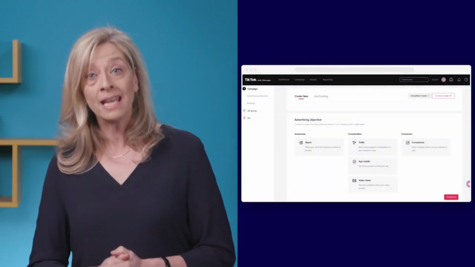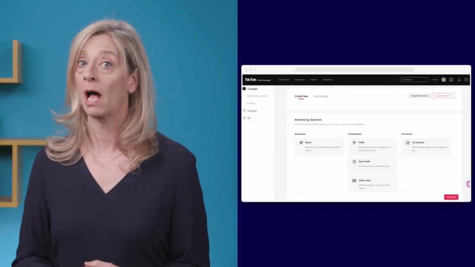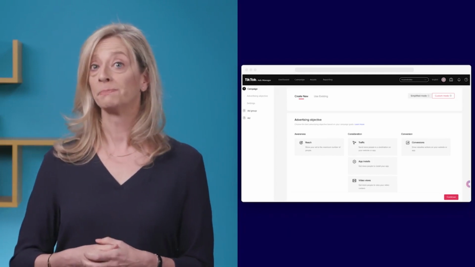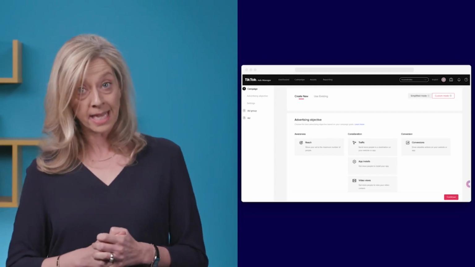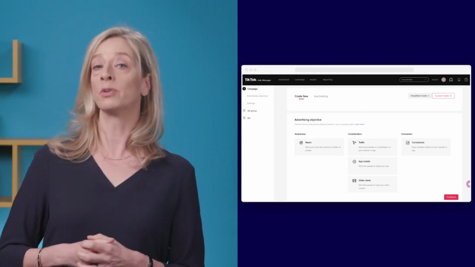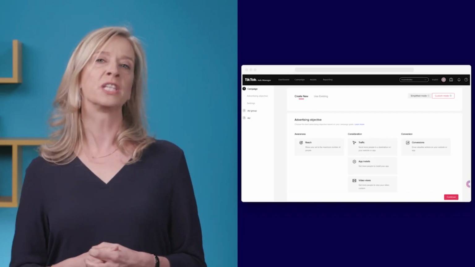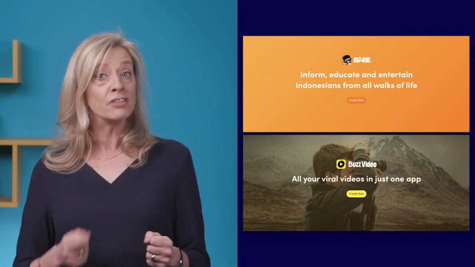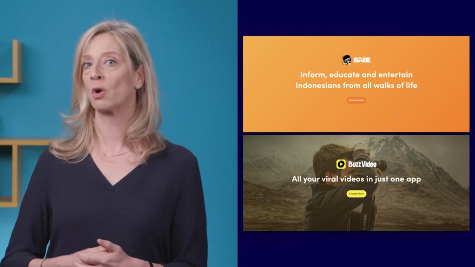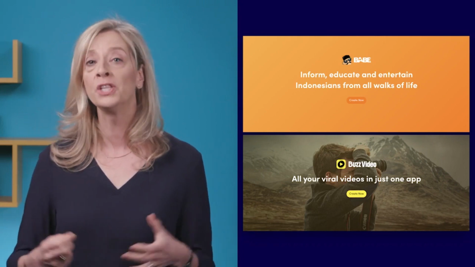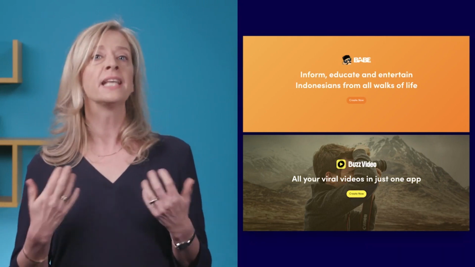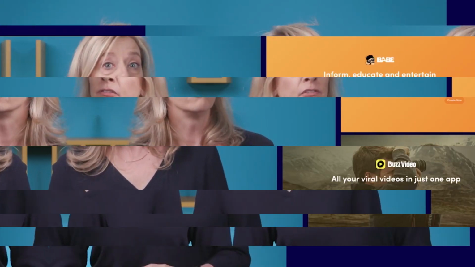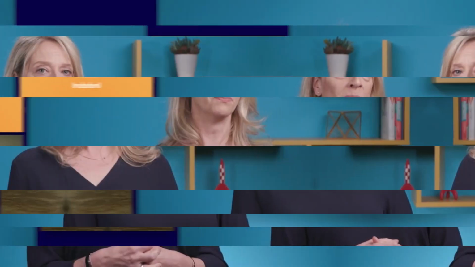Businesses looking to create in-feed ads can utilize TikTok's self-service advertising platform, where they can set up campaigns and track their success. Businesses looking to purchase brand takeovers, top view ads, or brand hashtags would need to reach out to TikTok directly. Additionally, businesses creating ads on TikTok have the ability to target specific audiences from around the world and can have their ads featured on TikTok's network of platforms that include TikTok, but also the Indonesian news app Babe and video discovery app BuzzVideo.